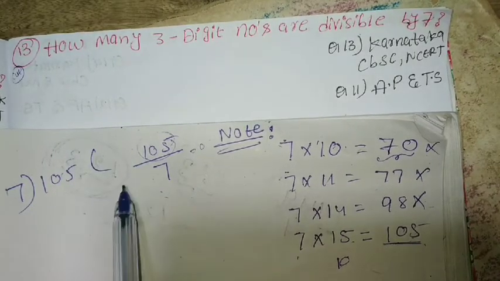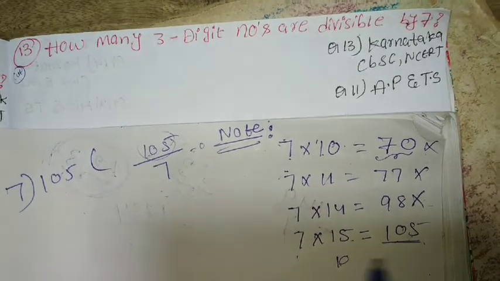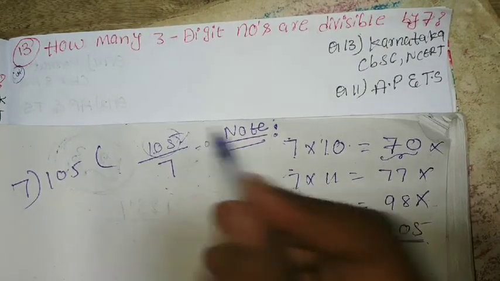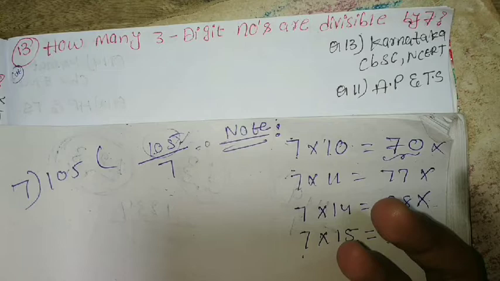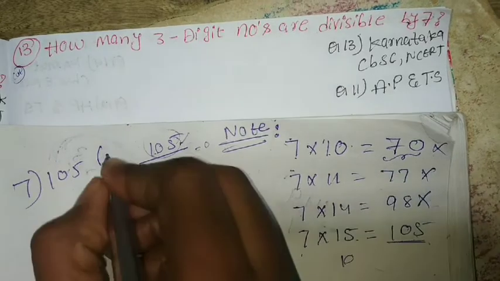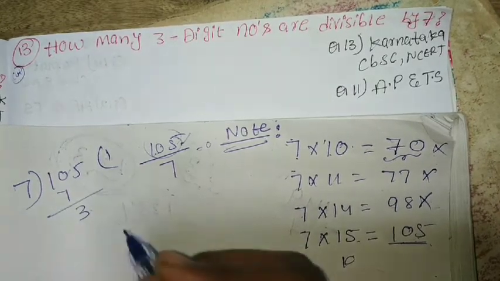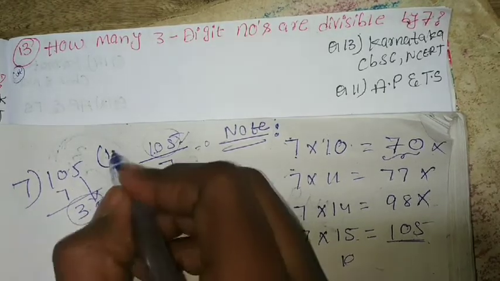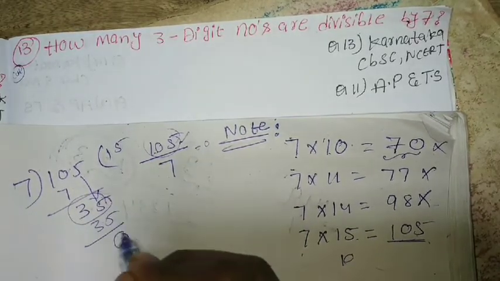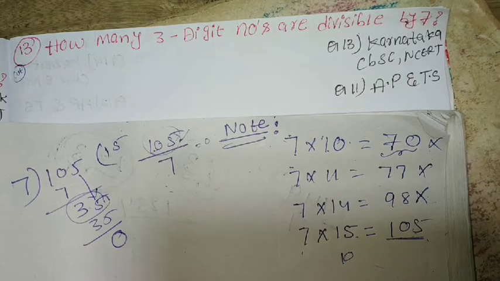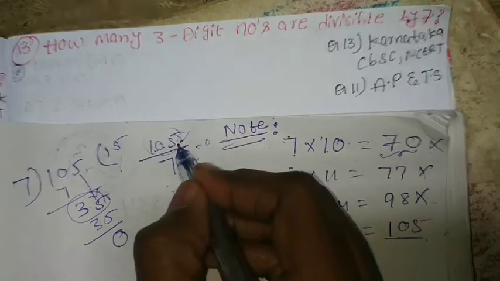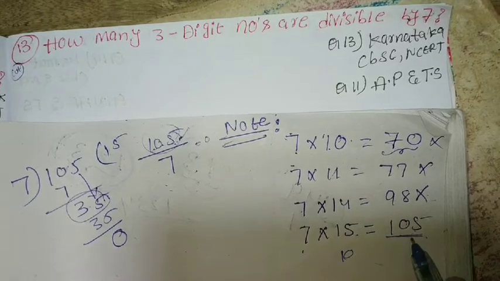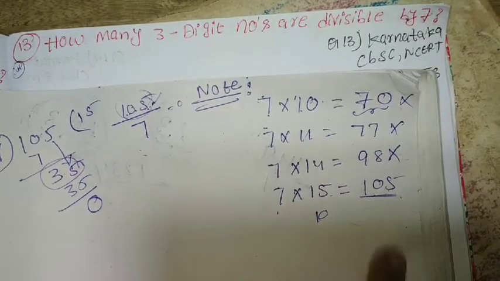So now the question is, is 105 divisible by 7 or not? If you get a remainder of 0, then absolutely this 105 is divisible by 7. Otherwise not. Are you getting my words? See here, 7 ones is 7, remaining 3, and take 5 as it is here. So 35 is there. 7 5s are 35. What is the remainder here? Remainder is 0. Then this 105 is definitely divisible by 7. If you multiply by 7, we get the same result.